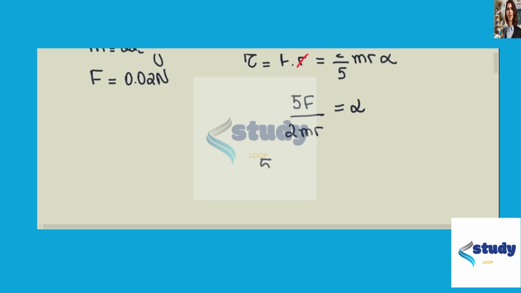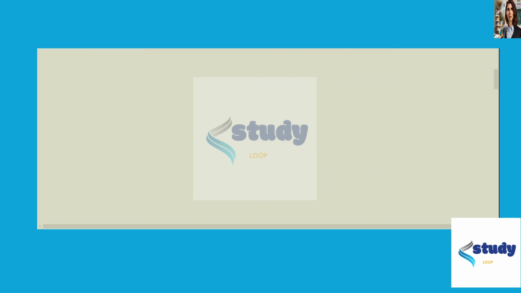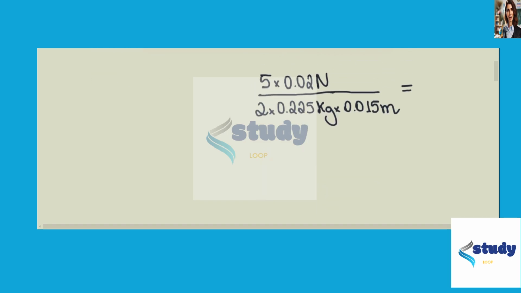So we have 5 times the force, that's 0.02 newtons, divided by 2 times the mass, which is 0.225 kilograms, times the radius, and the radius is half the diameter, so it's 1.5 centimeters, or 0.015 meters. This is the acceleration. So alpha is 14.8